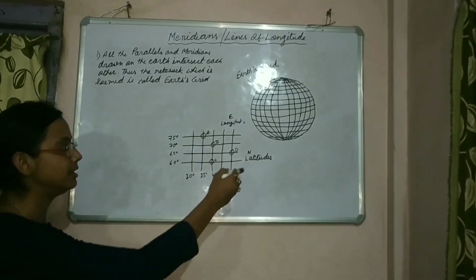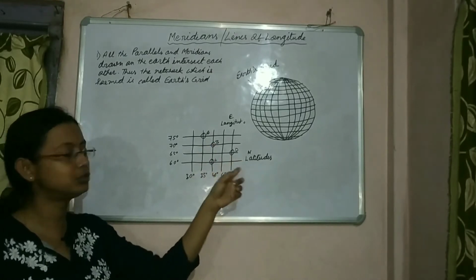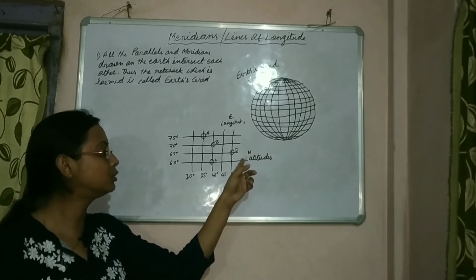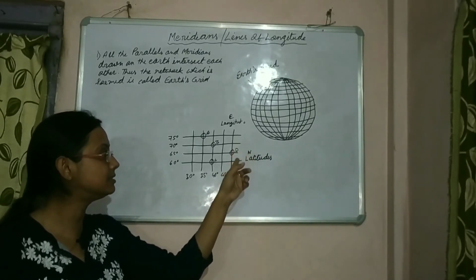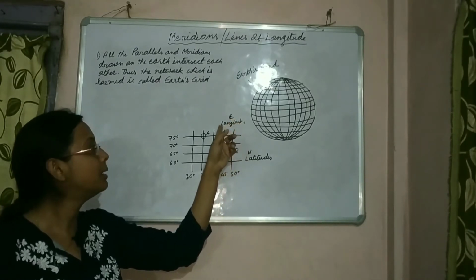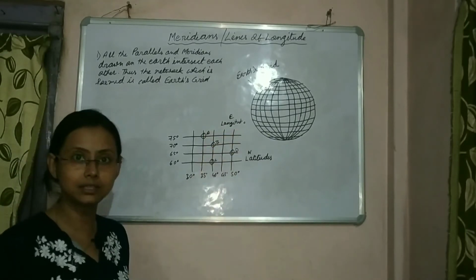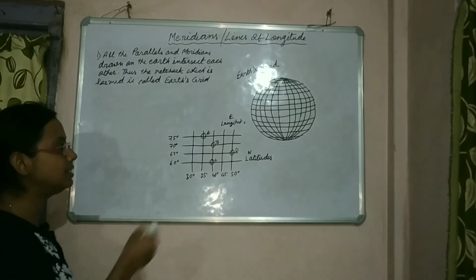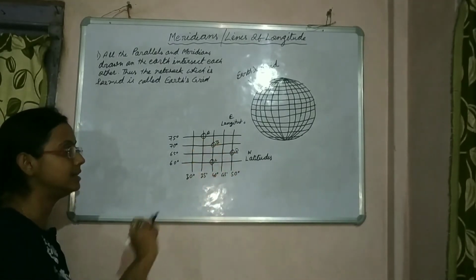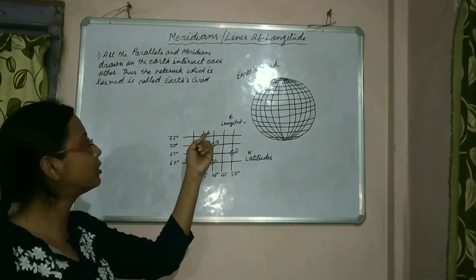Here we can see some lines of latitudes I have drawn and some lines of longitudes. N I have marked to consider these as the latitudes, and E I have written to mark these vertical lines as the eastern longitude. Now you can see some points I have circled and named A, B, C, D. Now let us see how we can find out the location of these places.